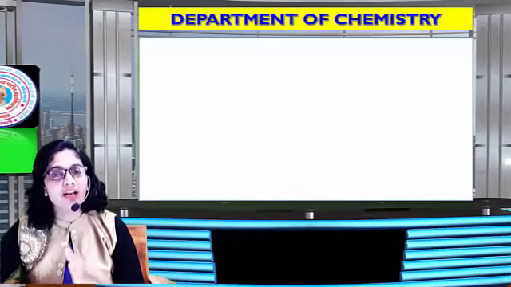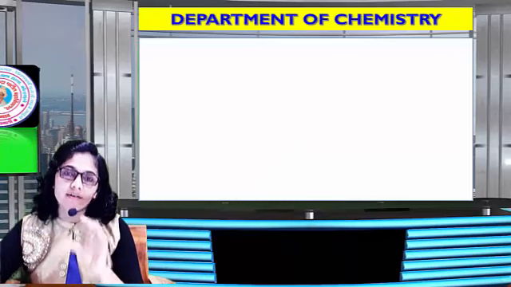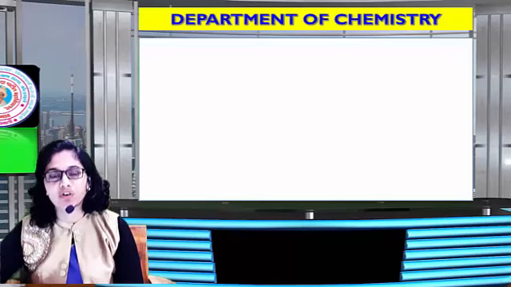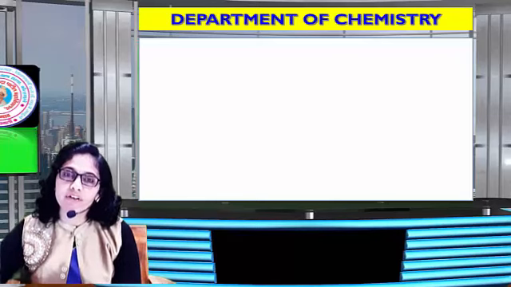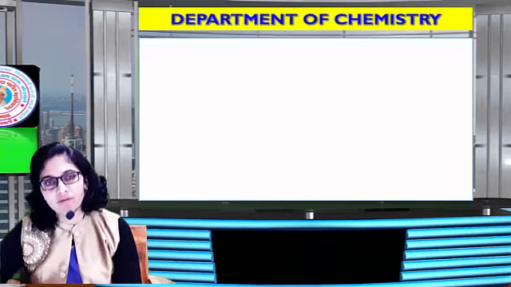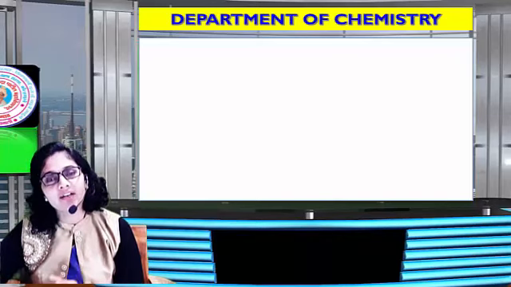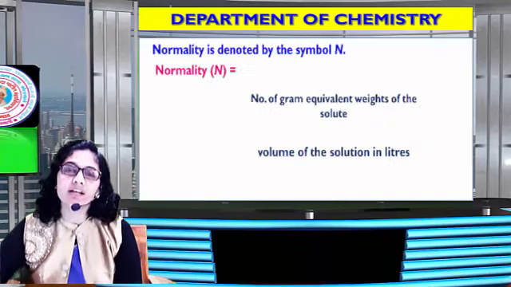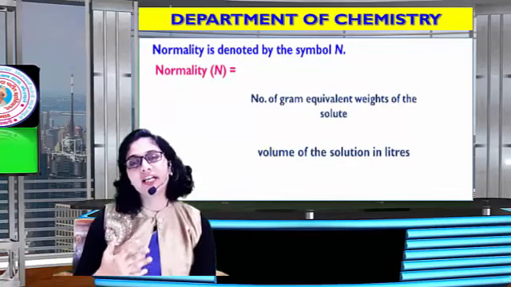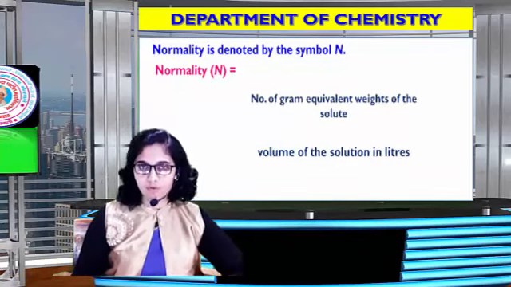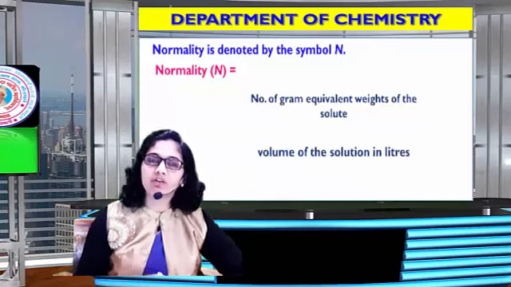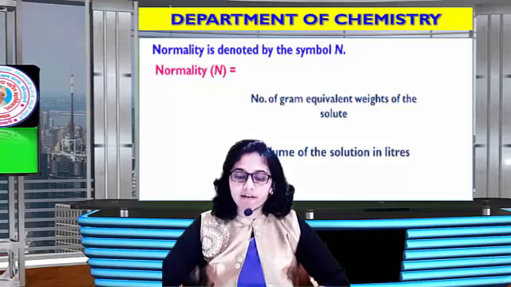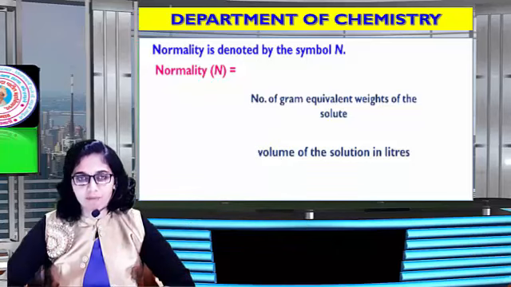Here we take the equivalent weight. The equivalent weight of any compound is a number similar to molecular weight or atomic weight. Atomic weight and molecular weight don't have a unit, and equivalent weight also doesn't have a unit. But if we take that equivalent weight in grams, then it is called gram equivalent weight. Now the problem is how to calculate the equivalent weight of a compound. The equivalent weight of a compound is atomic or molecular weight divided by the valency of the compound.